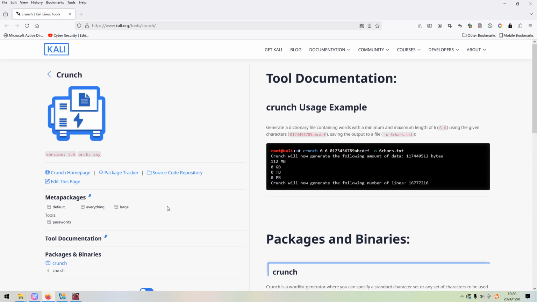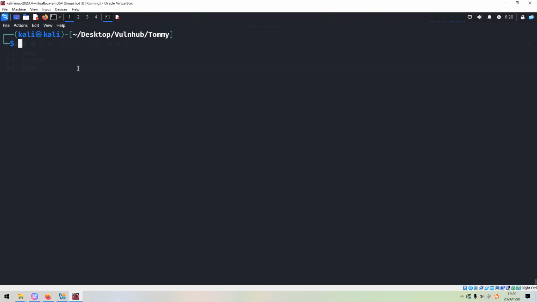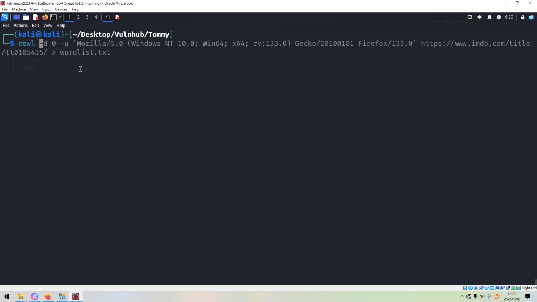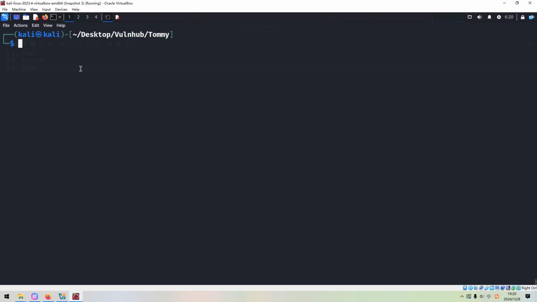Generally speaking, there are three different ways to create a word list. The first one is cewl, a command that is installed by default on any distribution of Linux, and this tool can create a word list from web pages. The second one is Crunch, which will be the topic of this video. And another one is CUPP.